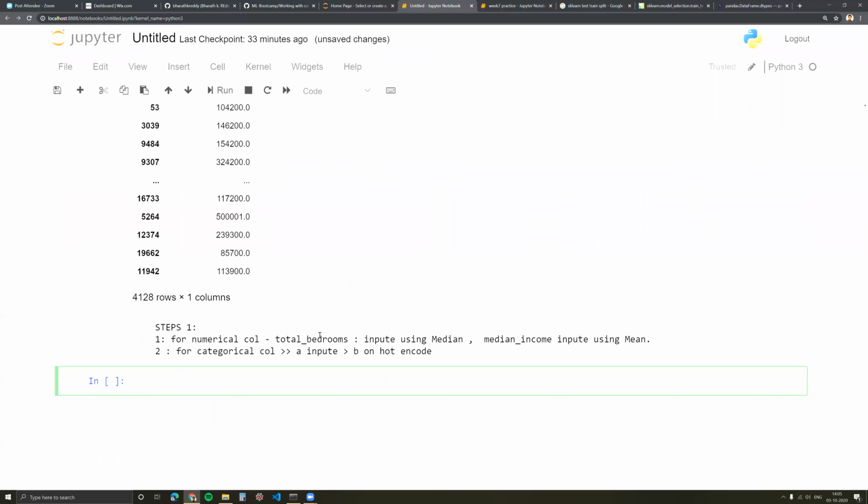If I want to first start building a pipeline, the first thing I'm going to need is to import Pipeline. So that's the library which allows us to build pipelines. I've imported Pipeline. Now I want these pipelines to act. I want within this pipeline different things happening in different columns. So I have to import another library called ColumnTransformer, which allows different transformations for different types of columns.